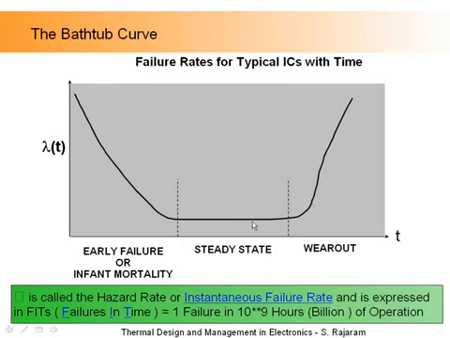Now, when we design a product, let's say you're designing a PC to last for 10 years. Typically, we want to design a product so that this wear-out period is very, very far away from the useful life. So if you keep a mobile phone for 3 years and you're changing mobile phones every 3 years, we will typically design a mobile phone for anywhere from 10 to 15 years. Similarly, for a PC, we will design for 15 years. A telecom equipment, we will design with a life of at least 25 years.